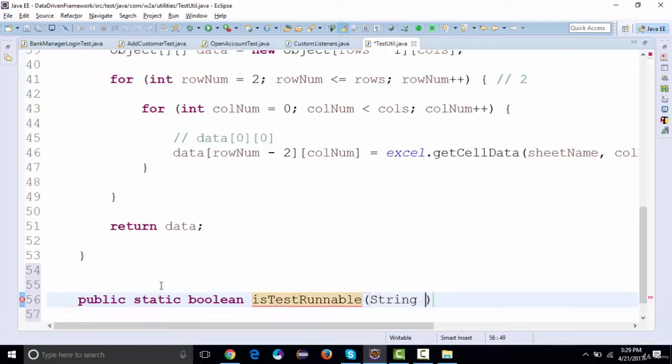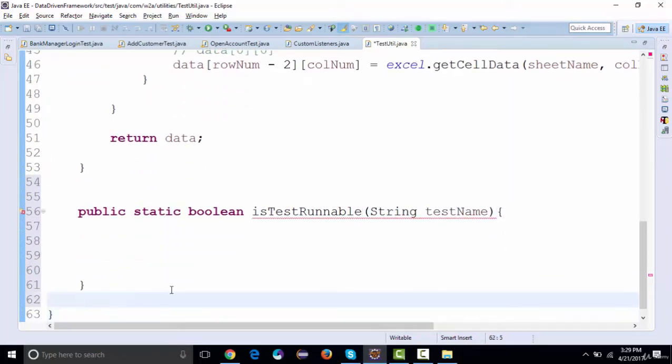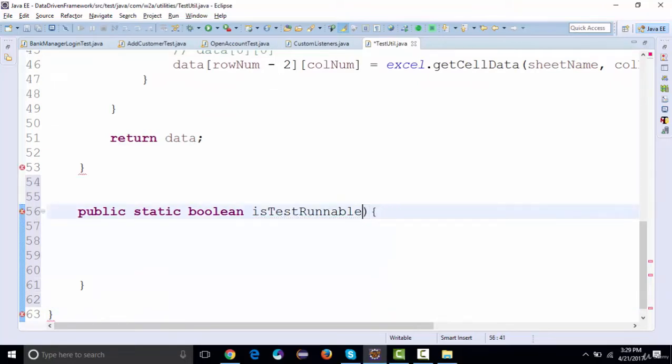This method is going to accept a string test name, and can also accept the reference of your Excel reader. So I can write Excel reader,